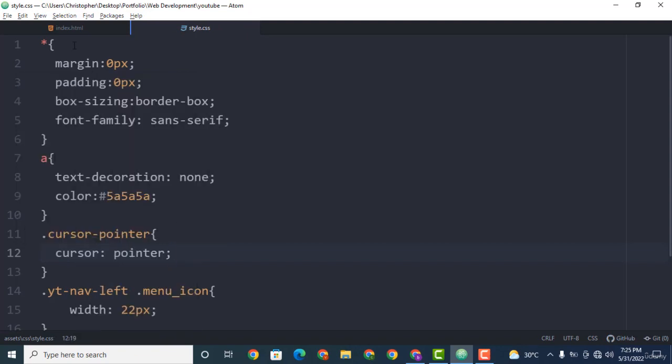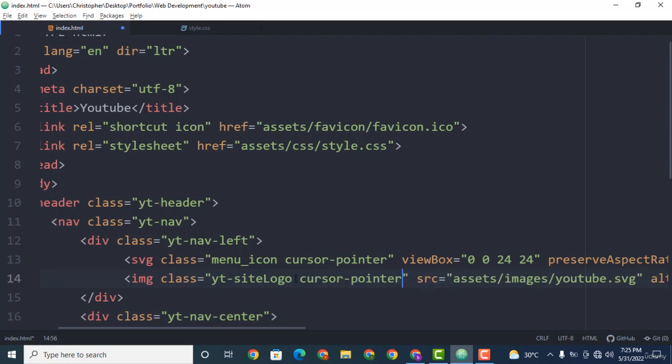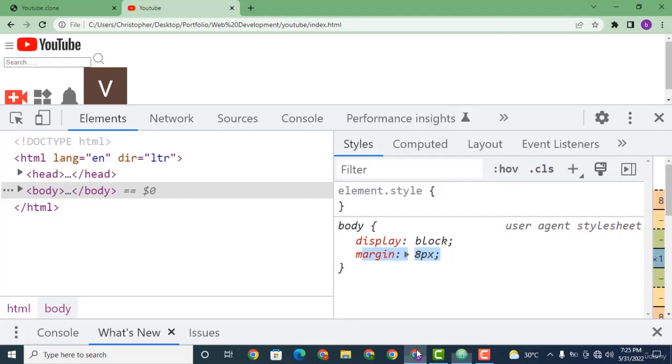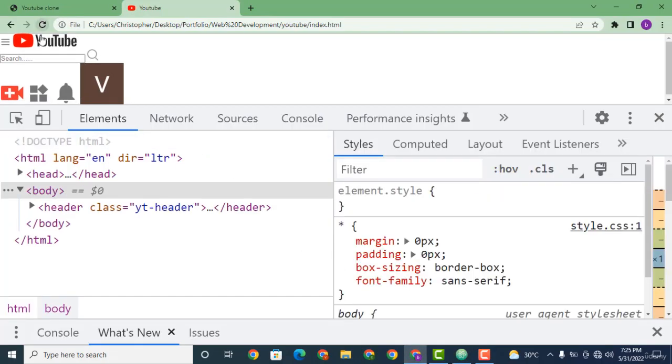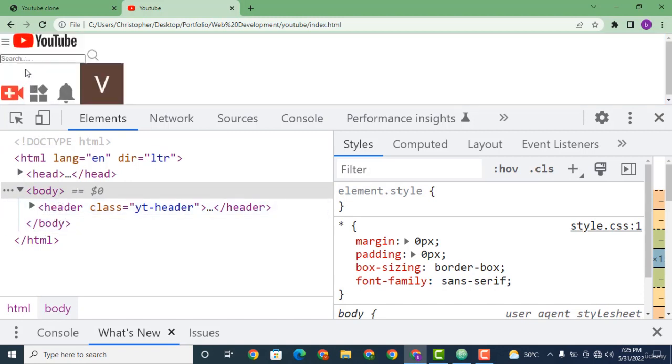Correct. So go to over here, you attach the class of cursor-pointer. And also copy this one from here. Then over here do the same thing. Okay. So now go to your browser, just refresh it. Easy. So as you can see over here. Okay. So now the next thing I want us to work on is